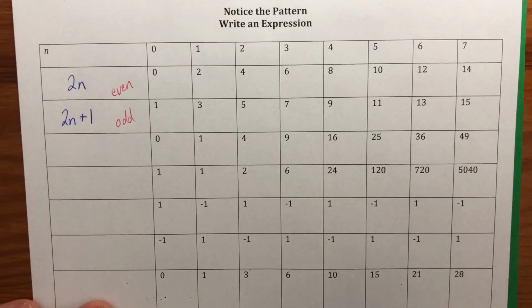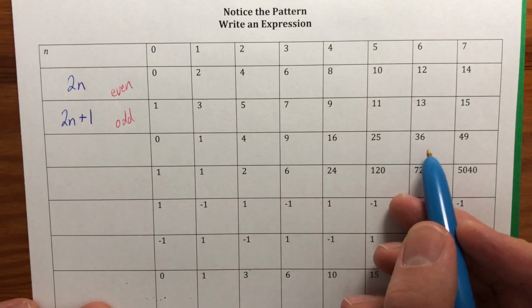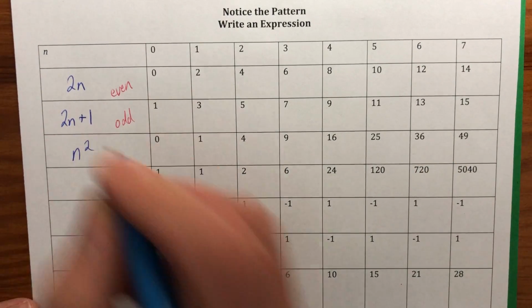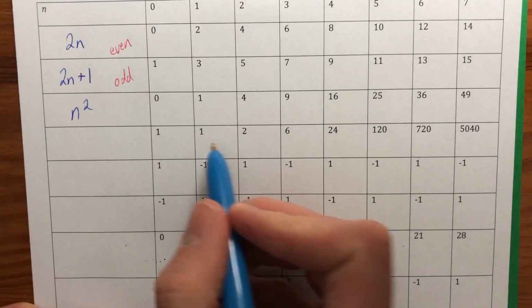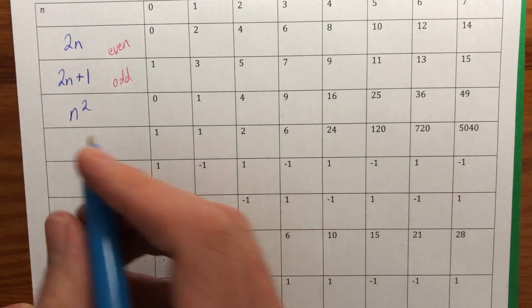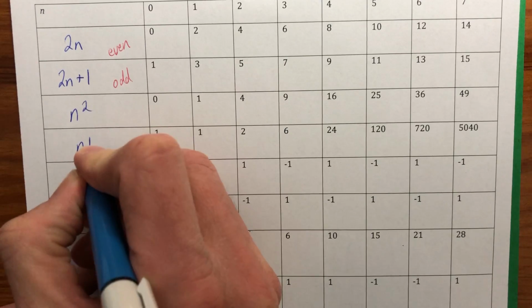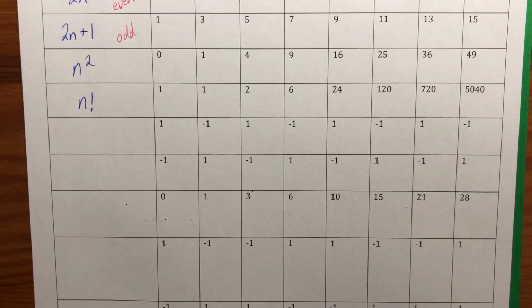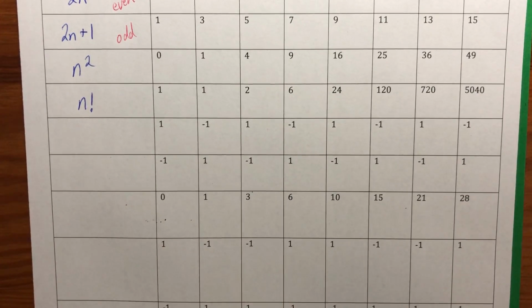Okay, and some of these are obvious: 0, 1, 4, 9, 16, 25, 36, 49. Well, that would be n squared, no secrets there. 1, 1, 2, 6, 24, 120. I hope you noticed the pattern on that one. Those are factorials. We've been through this. This lesson goes fast, doesn't it? The next one and the one after that deal with